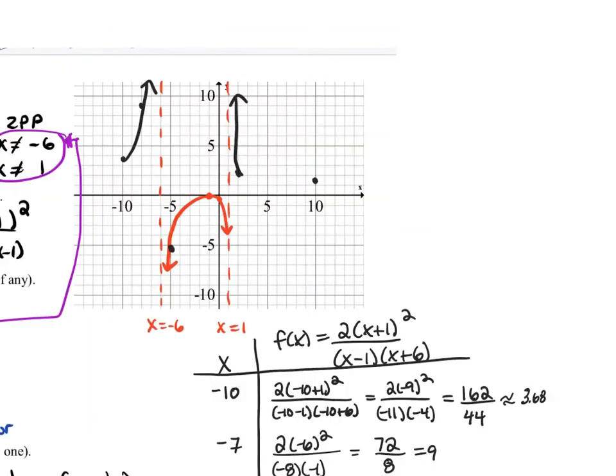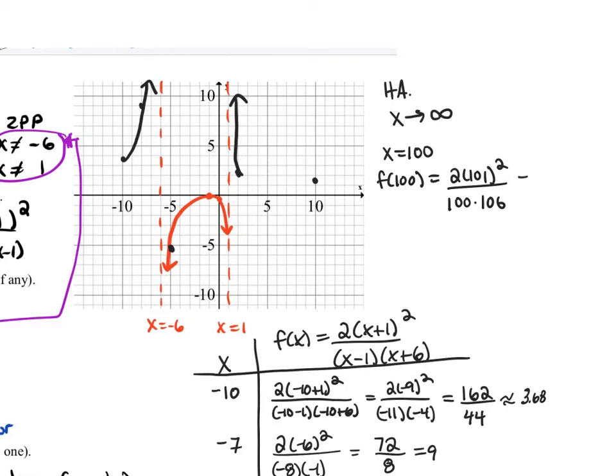I'll use this space up here. So to find the horizontal asymptotes, we need to be thinking about x going to infinity. Now I can't actually reach infinity, so let's try a bigger number, like x equals 100. So f at 100 is 2 times 101 squared over 100 times 106. I'm going to use my calculator for this. So I get